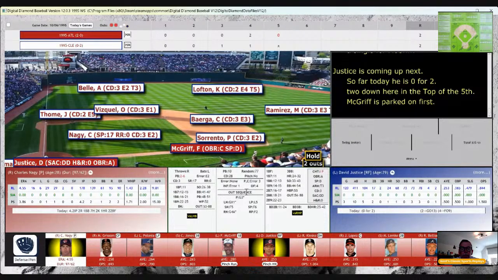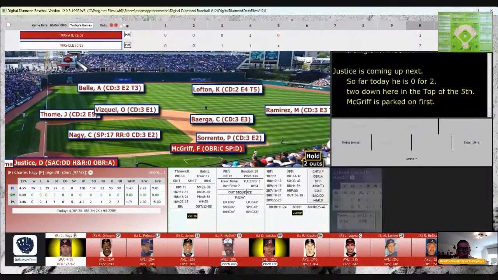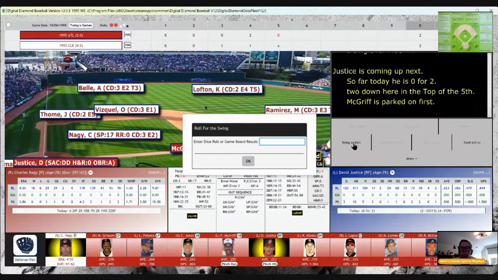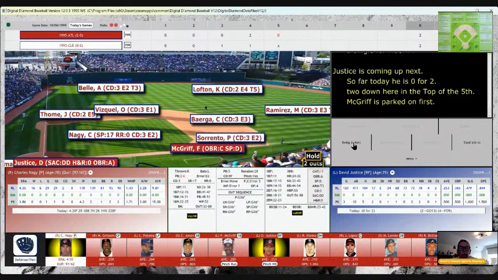We will check for an error. And he makes it as it hits sharply on a rope toward Tomei to protect his own head. He makes the play. Come on, system. There we go. Line shot at Tomei, makes the play for out number 3. Runner left stranded. And we go to the bottom of the 5th, tied up 2-all.